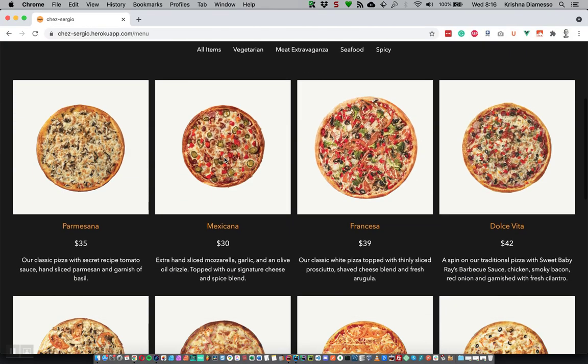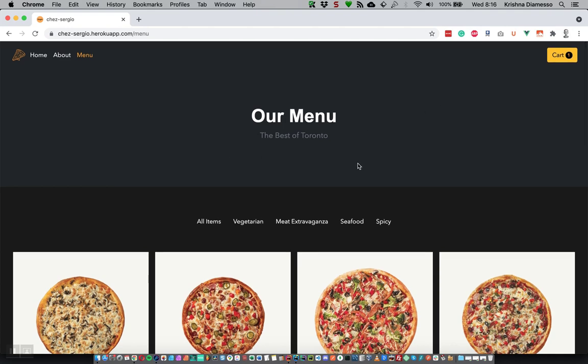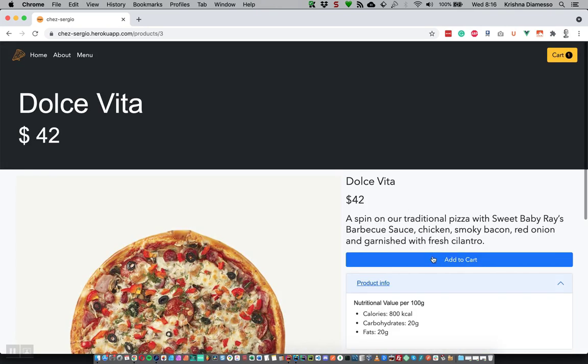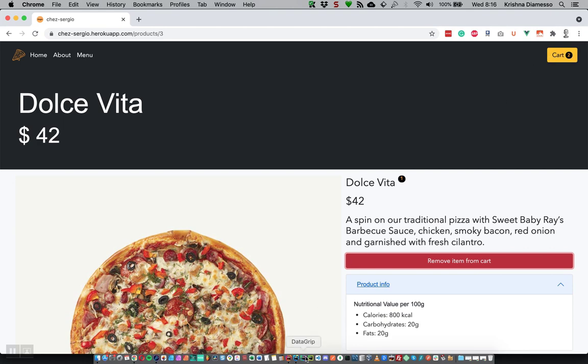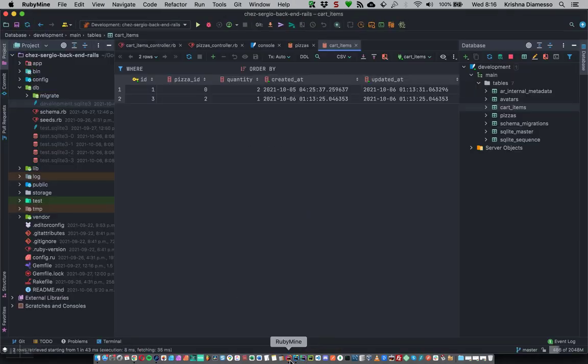You're going to see, if I go back in really quickly right now, I'm going to try to update and add a new one. I'm going to add a new one in the cart item right now. And if I come back over here and update that, what's going on? Okay, so I was trying to show a little bit of a demonstration here about the cart items being updated